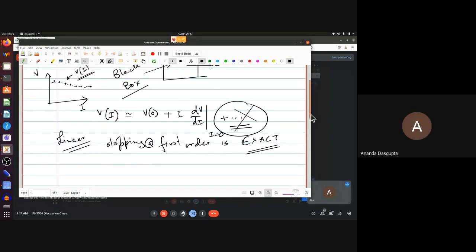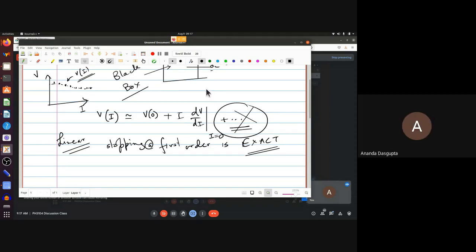That's one thing. The other thing is, if your circuit produces a high amount of current, then this may very well be a bad approximation. Then these terms may need to be taken into account. Two points there. First of all, most electronic circuits don't really produce very high amount of current. We are going to come to that. But even apart from that, even at reasonably high currents produced by electronic circuits, the nonlinear effects may become important. And if it does, then you have to go beyond Thevenin's theorem.